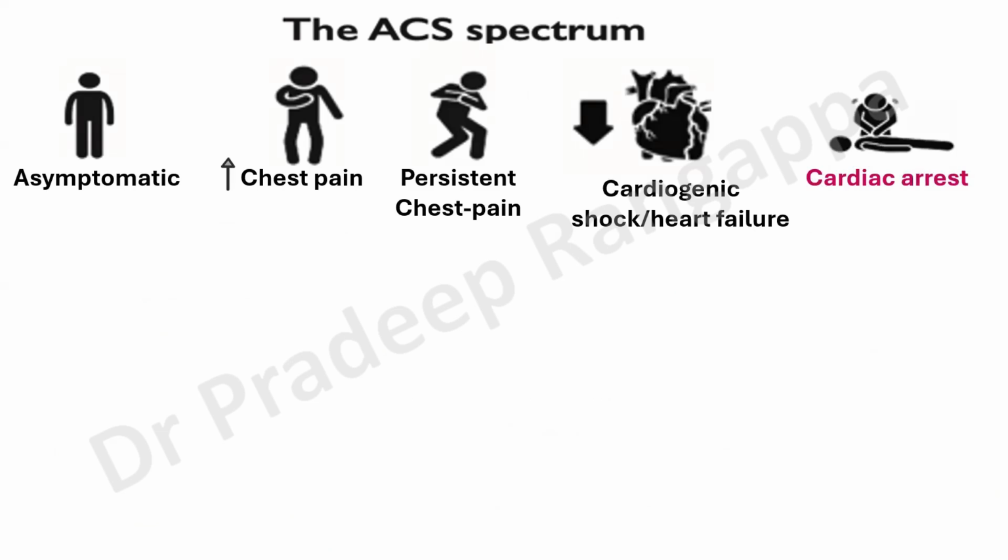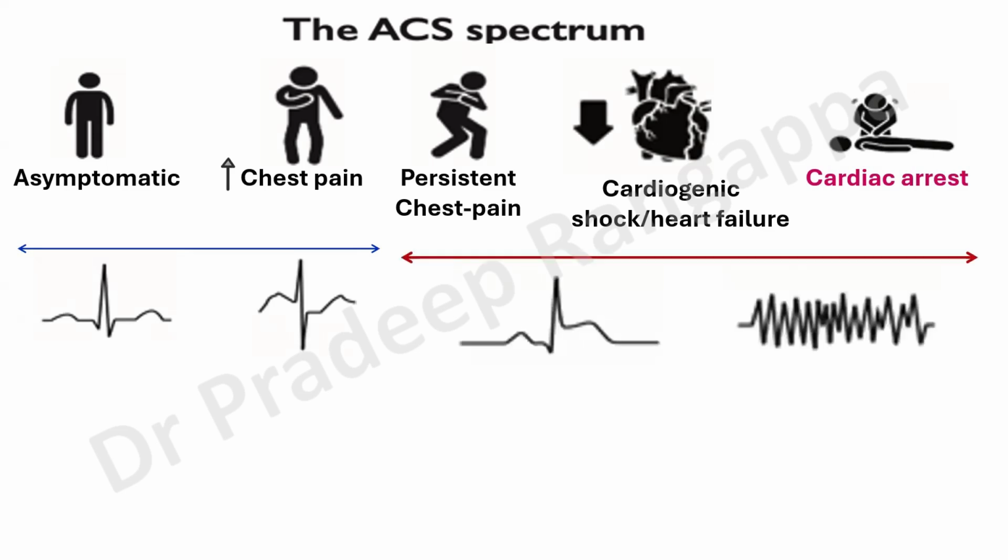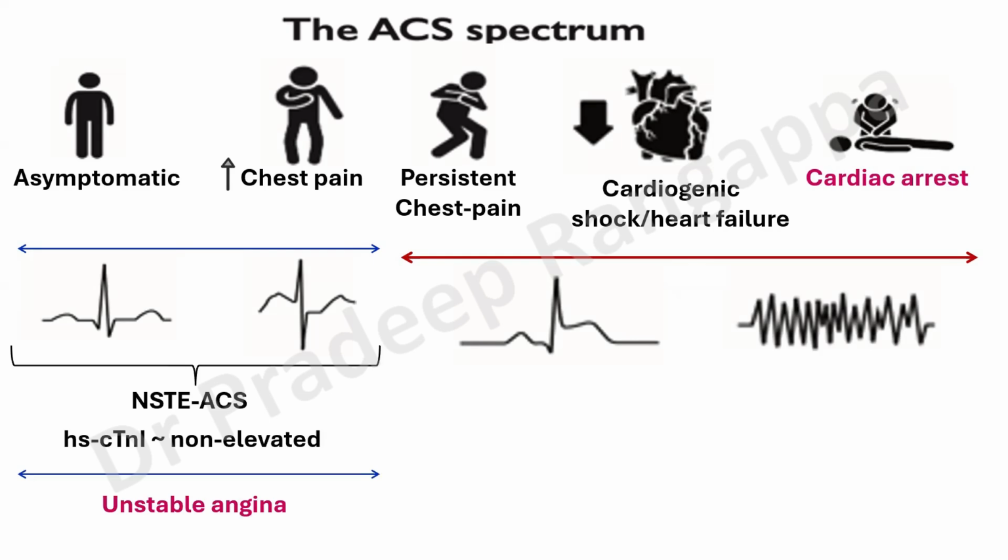Even in these five clinical dimensions, the investigative modalities can be quite fluidic, like ECGs in asymptomatic and increasing chest pain. It can be normal or show some non-specific ST depressions. When there is persistent chest pain or cardiogenic shock or heart failure, they may come with quite evident ST elevation, or they can come with VT or some sort of tachyarrhythmias, VT or VF, and so on and so forth. So the type of investigations corroborates with the clinical picture. And even the investigative modalities can be quite fluidic.